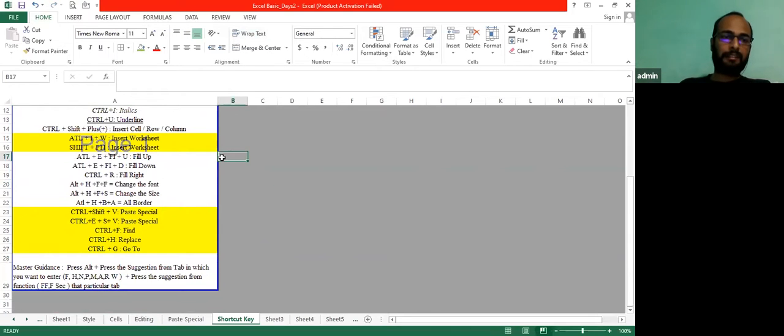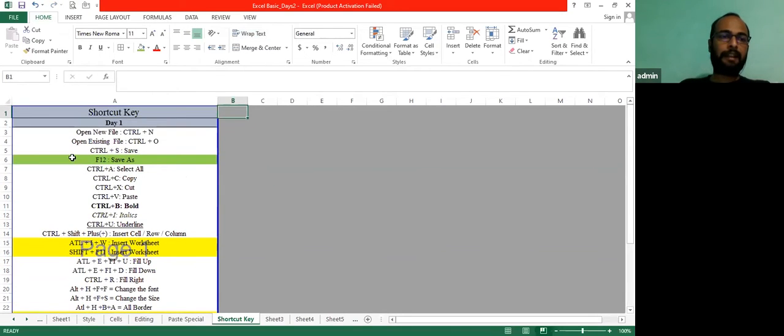Then I am starting something new for the day. I have explained the clipboard part and font part and alignment part and number part, but I missed explaining a few commands, that is the menu bar. Here you can see there are 3 or 4 commands. You can see this icon is for save. If you want to save any file, you can press Ctrl S, or you can use this one, or just click on this, and you'll be able to save your file.